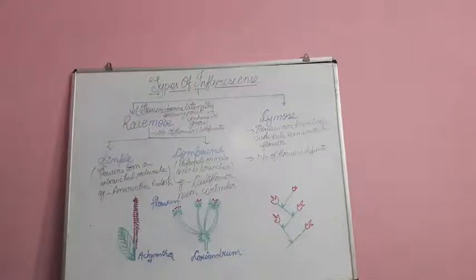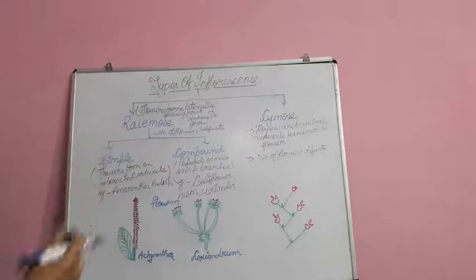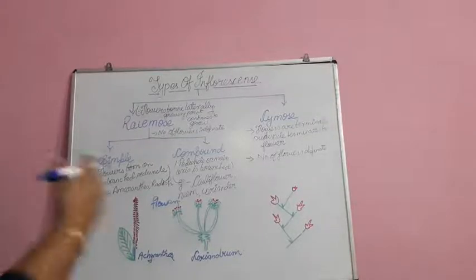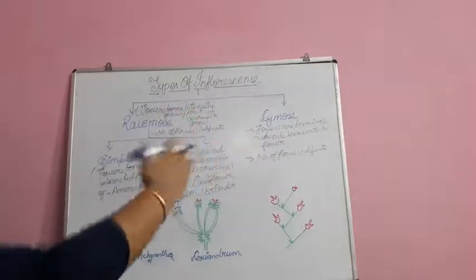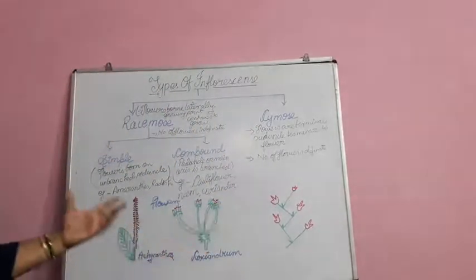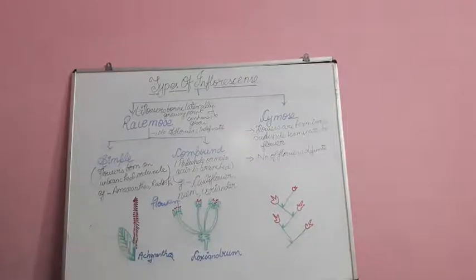Further, if you still want to differentiate more between racemose and cymose, you can also say that racemose flowers are arranged in the acropetal form, but the cymose is bipetal, okay, because you can see them alternately developing or being born. So this is the difference between racemose and cymose kinds of inflorescence.